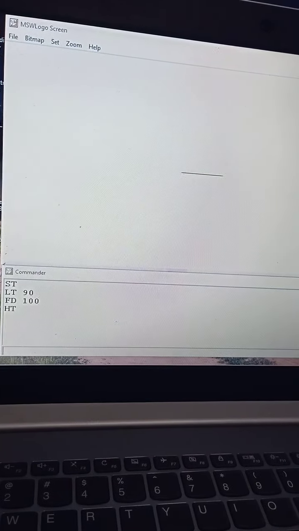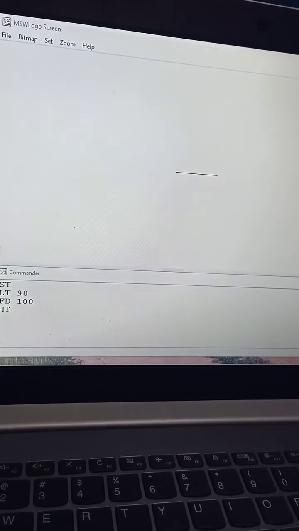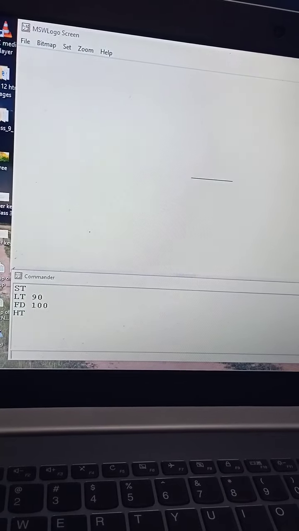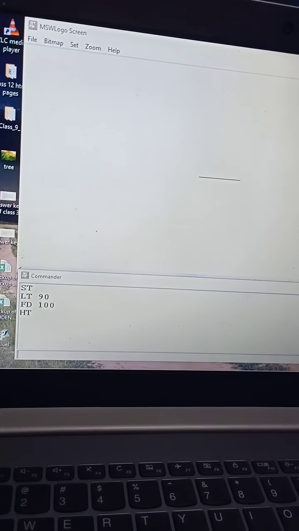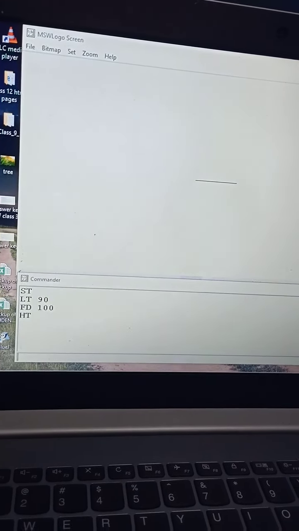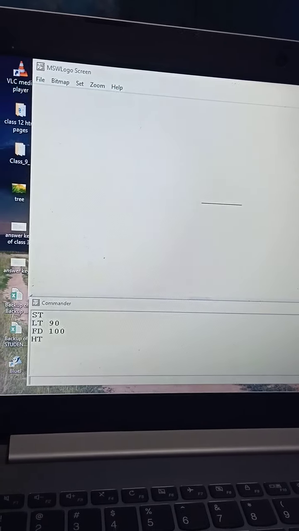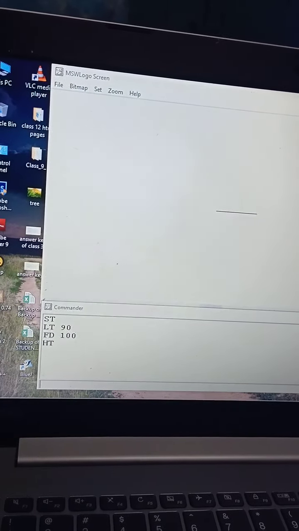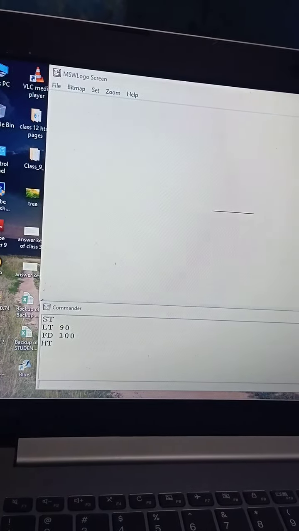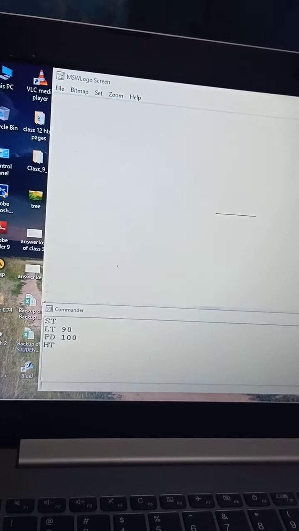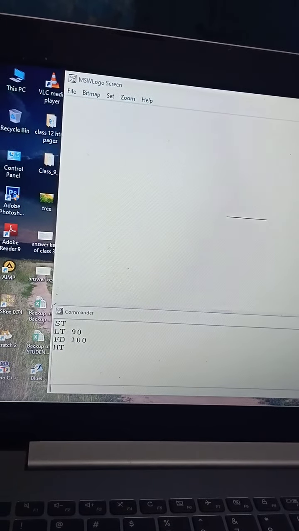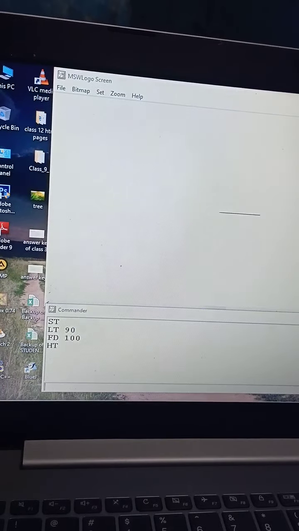In that way, in logo we can draw various kinds of figures. Clear? And one more thing, MSW logo. This kind of software you can download from the internet. Just go to Google, and in the Google search engine write free download MSW logo.